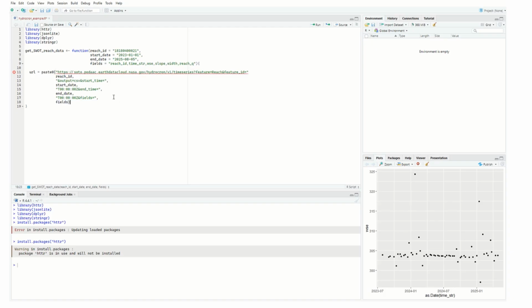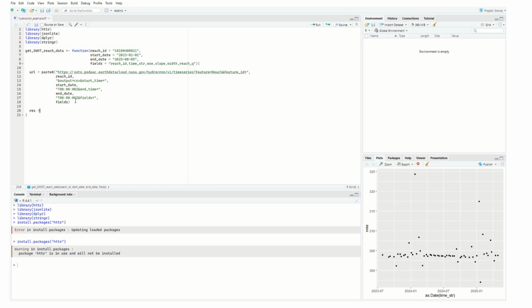And so now we have a pasted URL that recreates the version here, but now we can change any one of these inputs and it will change our URL output. So now that we've crafted this link, we now have to make a GET request in order to